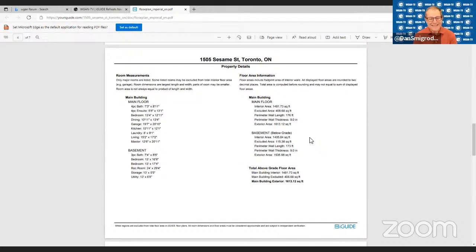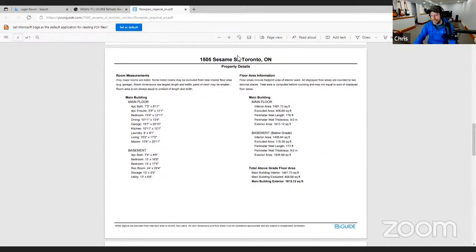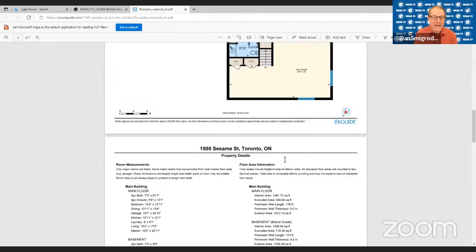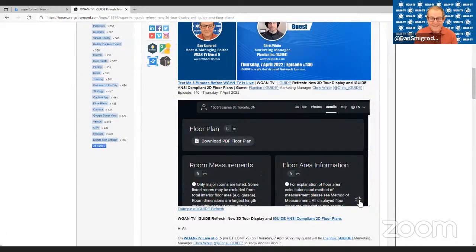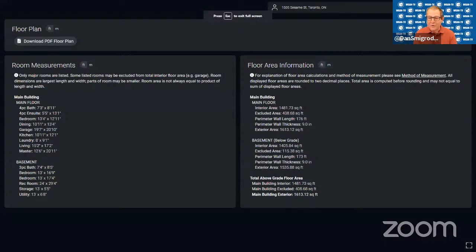So is this ANSI compliant? Yes, it is. So here's where, let's not jump into ANSI yet. Okay, I just want to know that. We'll save that. We're going to do a whole separate discussion, in a little bit greater detail, on that. That's right. I wanted to see the kind of the 3D tour display. So, sorry, was there anything else on this iGuide with the floor plans to show us? If not, then let's go back to the tour.